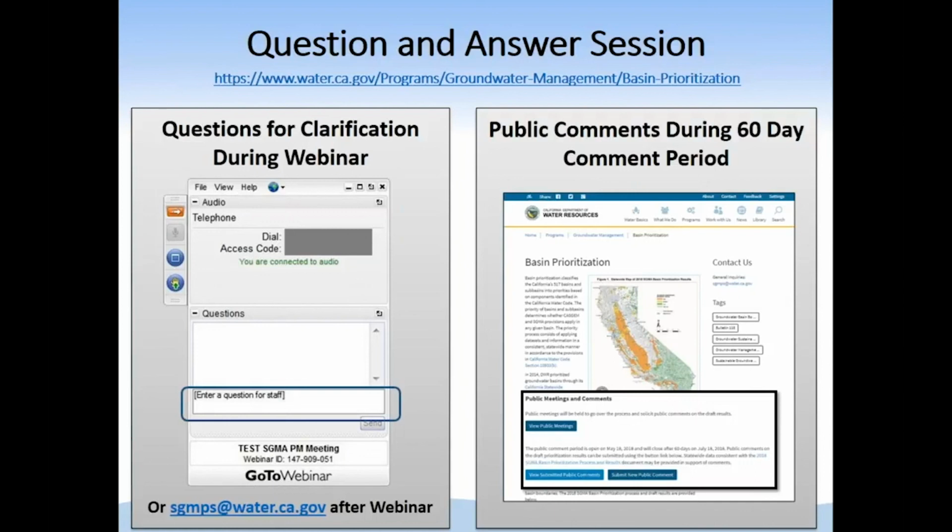So, good question. We will only evaluate this when we do reprioritization. As I mentioned, we are not anticipating reprioritizing basins for perhaps 3 to 5 years, but it's again based on whether there are basin boundary modifications, and that triggers our role to reevaluate and consider prioritization.